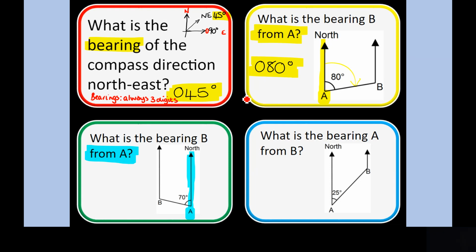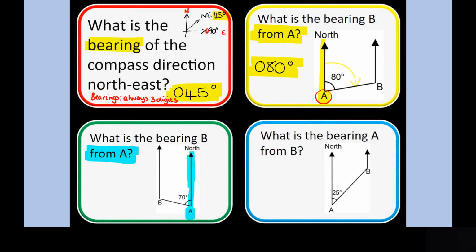Question two, what is the bearing B from A? Remember that we're working from A, so that's why we started here and we use this north line. So that's the point that we measure from, and that has given us the 80 degrees. Okay. The next question,